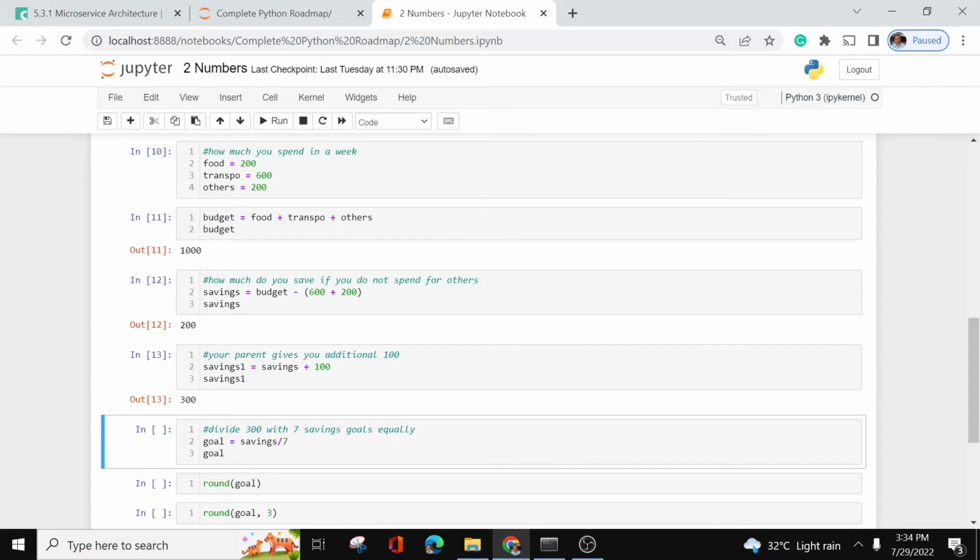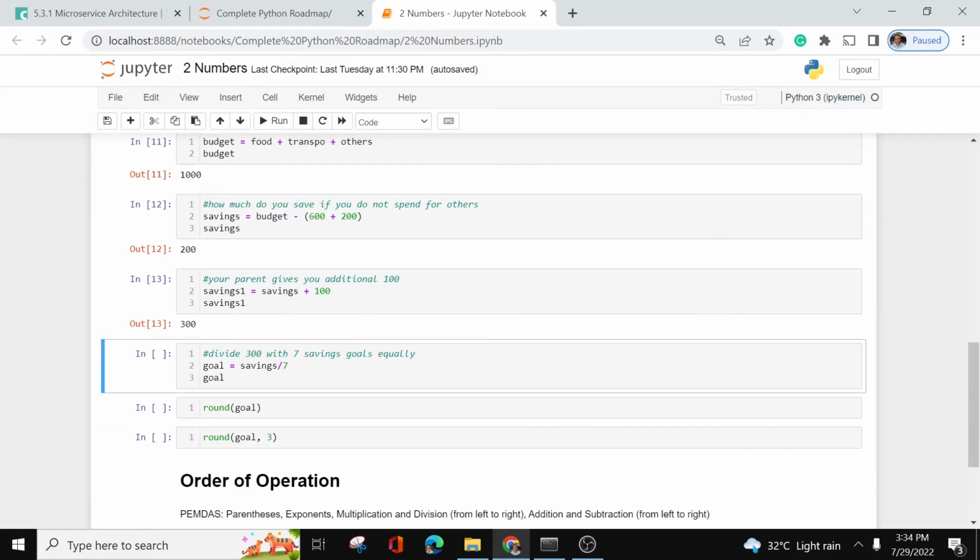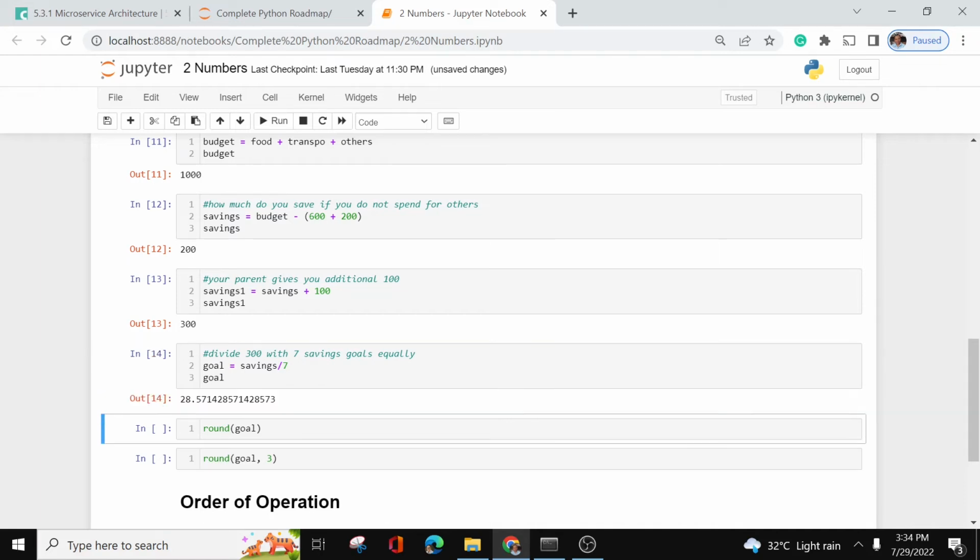So what we have to do is apply the division. What we will do here is savings divided by 7. 7 stands for your goals. Here we have assigned this to another variable which is goal. So let's execute this one. Let's see how much would be the proportion of each goal. So it's